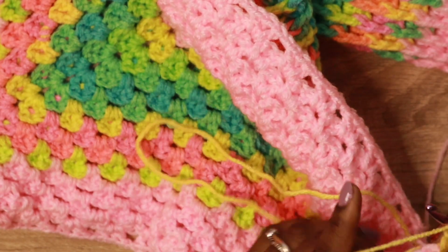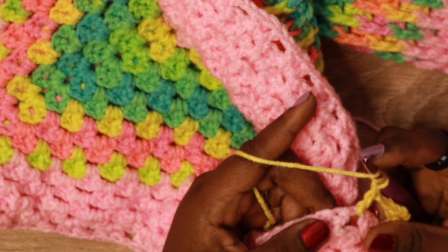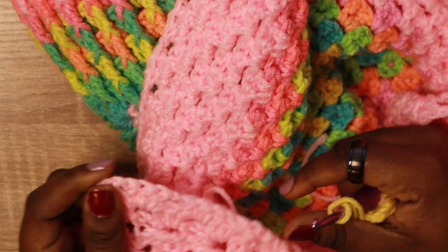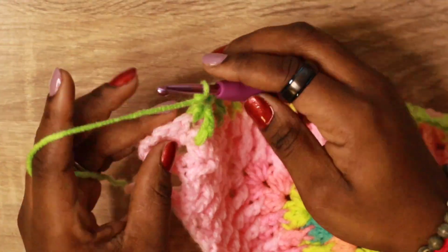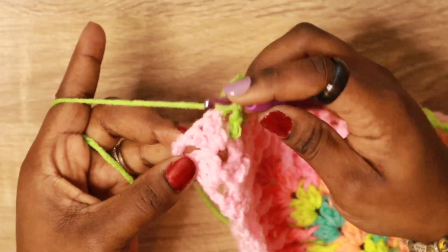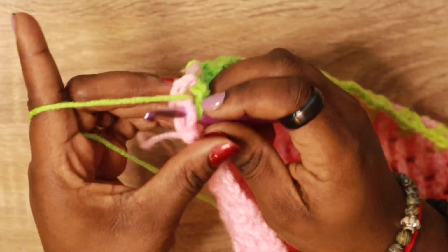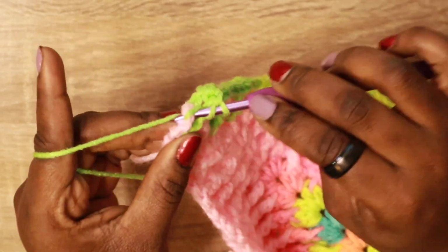Now you are going to mosaic cluster. You're going to put a mosaic granny cluster into each chain 1 space all the way until the end, and then I will show you how to end row 3. Okay, so I'm at the end, and at the end in this space right here, you are going to put a regular mosaic granny cluster by going into the middle of those 3 double crochets from the previous row, putting your front post treble around that one,